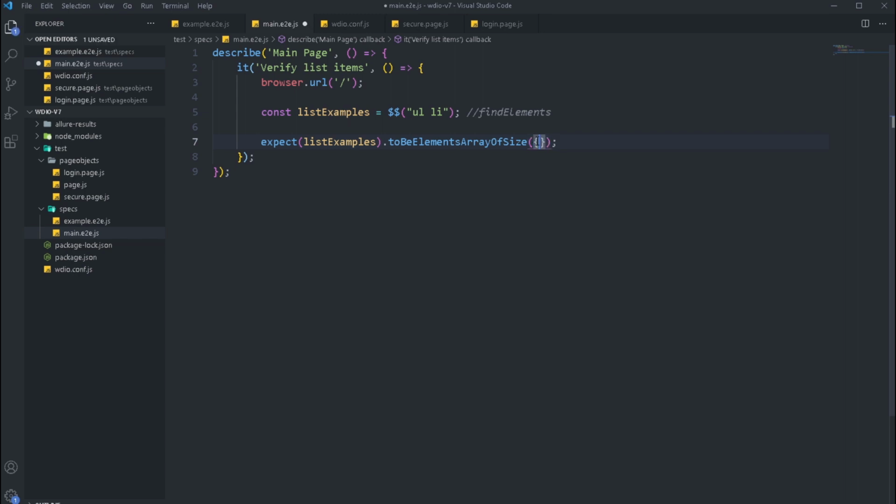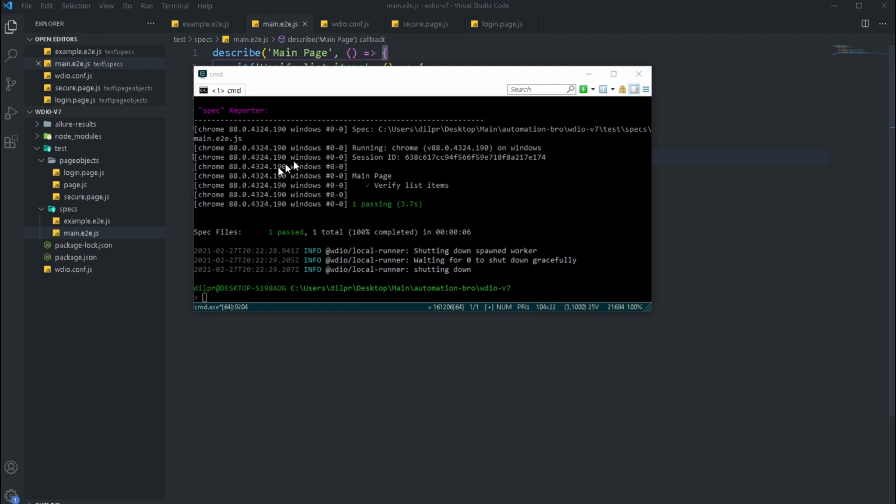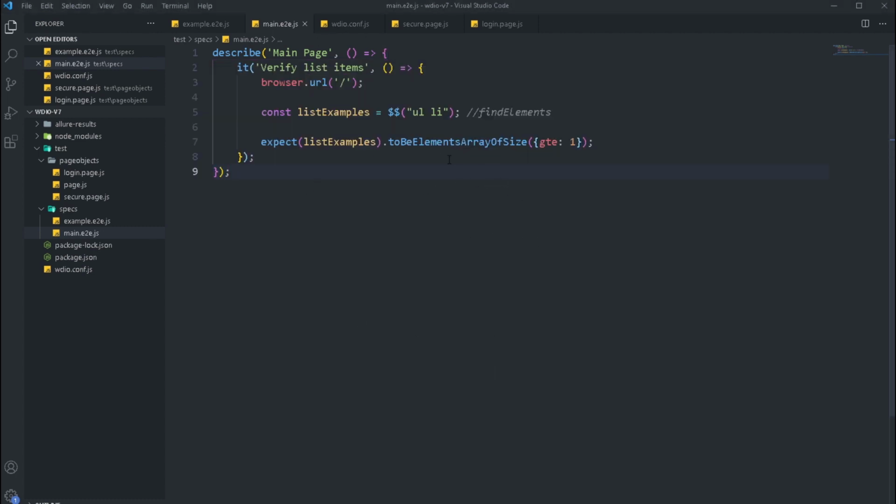So what I can do is just check for the length and I can do it should be greater than or equal to 1. So by just typing in GTE, I'm saying that it should be greater than or equal to 1. So it will do the same thing. It will go ahead and try to find the list item and it will make sure I have at least one item over there. So this is good because this way my test is a lot more stable. I can go ahead and keep adding in as many list items as I want, or I can even go ahead and delete some list item. My test would still work as long as it's still greater than or equal to 1. And I can run this test to make sure this is still working. So there you go, our test passed and it's successfully working.